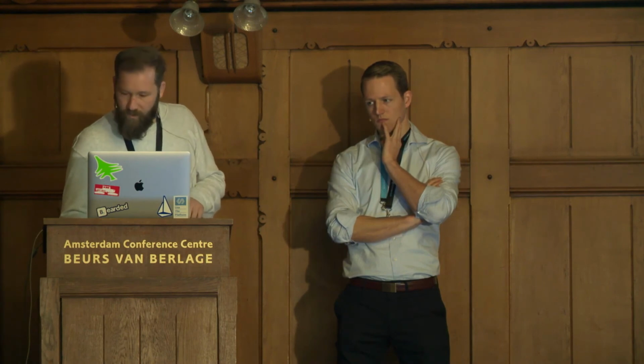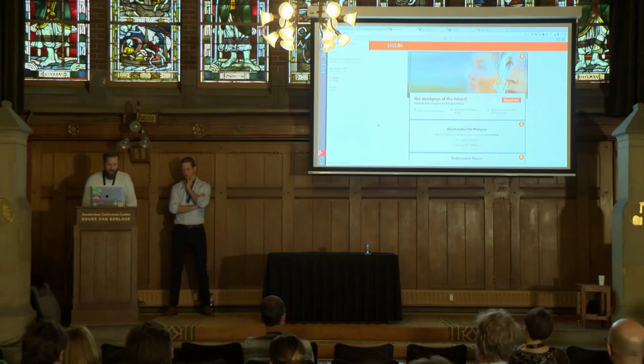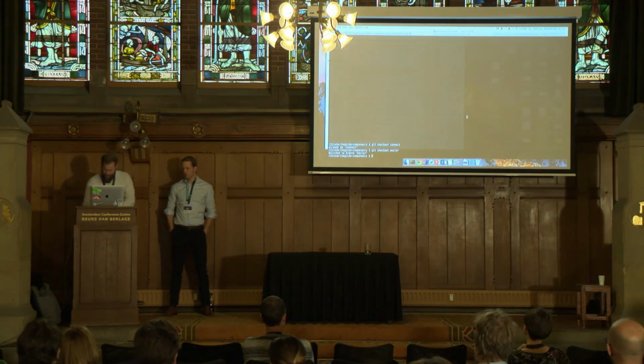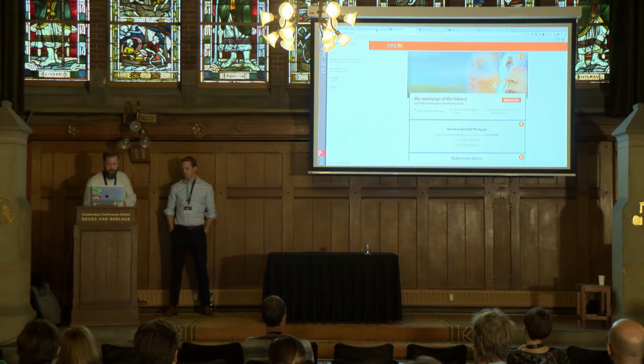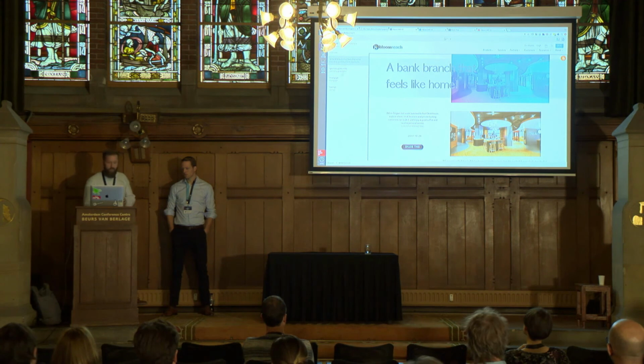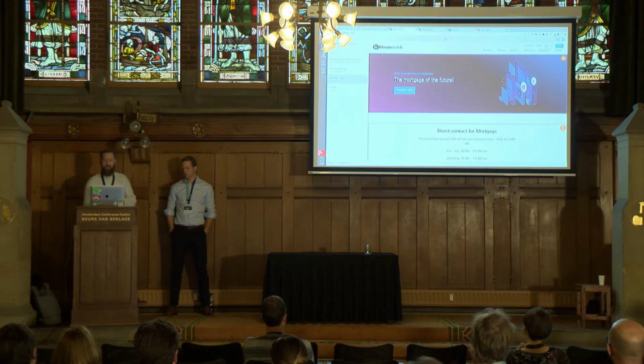But what I'm going to do now, and this is what I like, because all the actual markup is in the web components, I can replace the web components easily. So I will check out another branch of my web components, which is a branch I created for today. And if I now go to another page in the channel manager, it will get a different definition of my web components, and suddenly I have a completely different website.